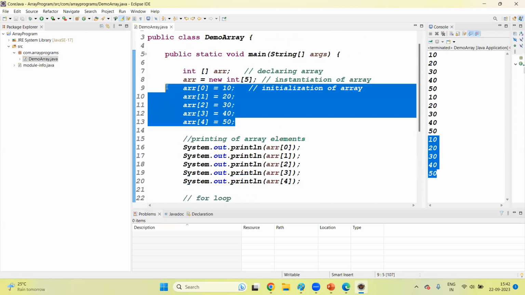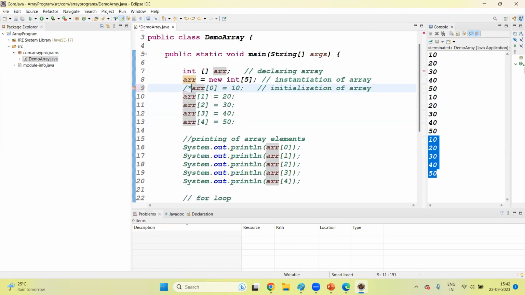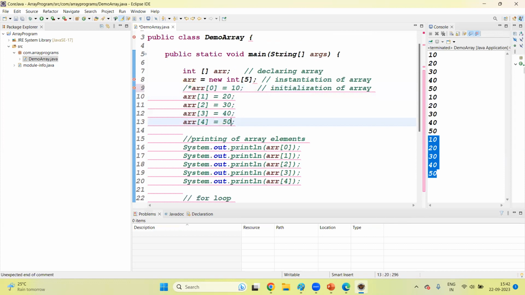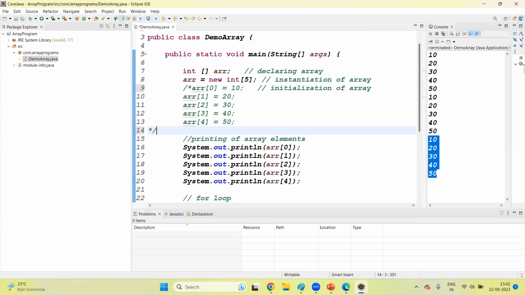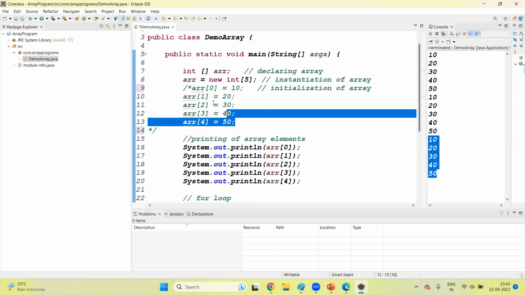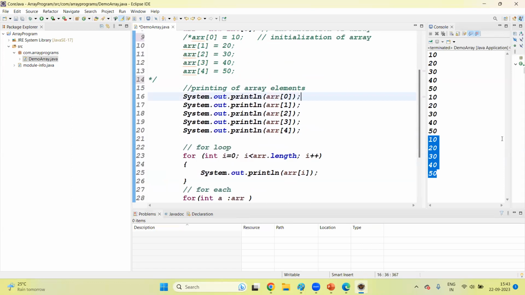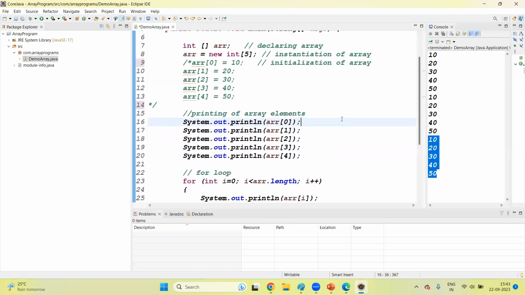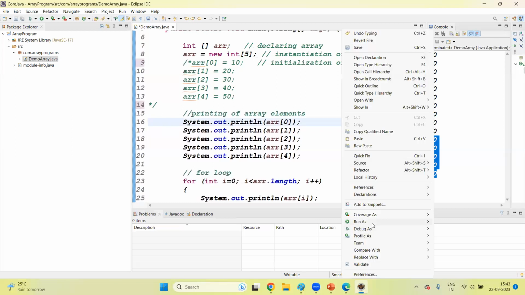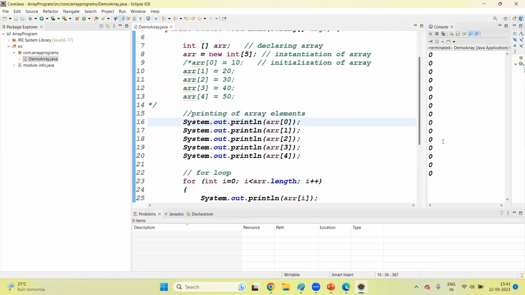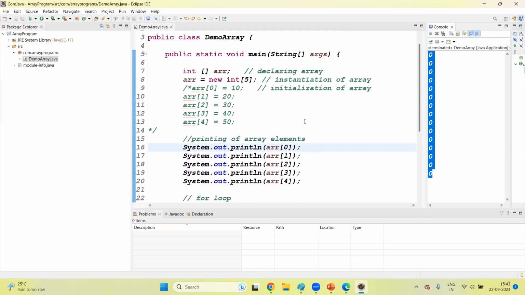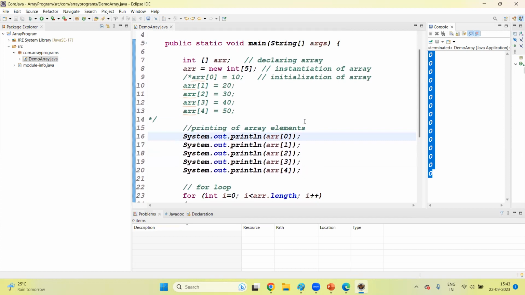For example, if you're not initializing this array, I just comment this. By using multi-line comment, I have commented this portion. I have not initialized, but still I want to print all these values 3 times. So just check what output we are going to get. Click on this, you will get all the values as 0, because by default the integer value is 0,